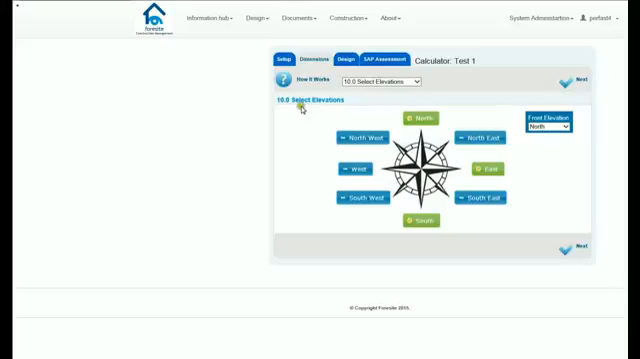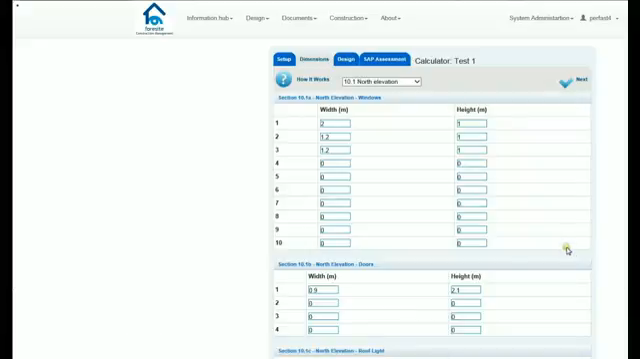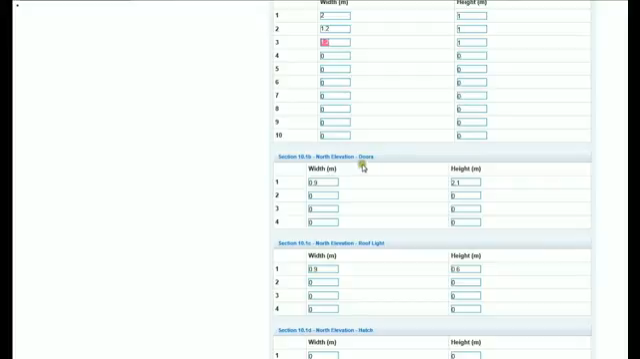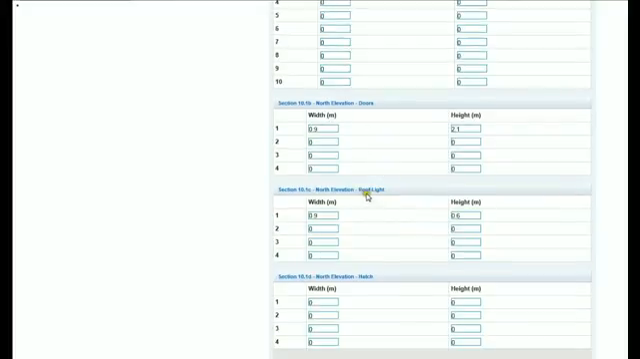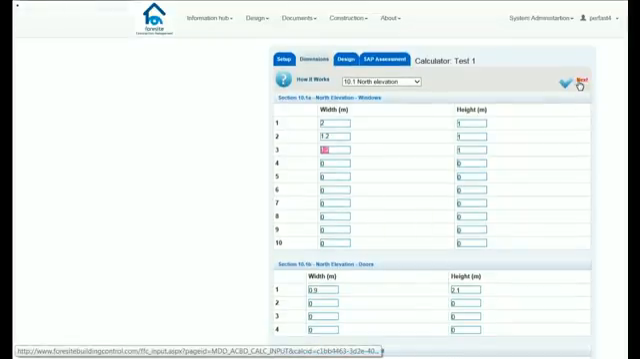We now need to collate the opening dimensions. We need to choose the front elevation and the orientation of the elevations on the project and click on Next. You then input the width and height of the windows individually. You do the same for the doors, roof lights and hatches, and you click on Next,